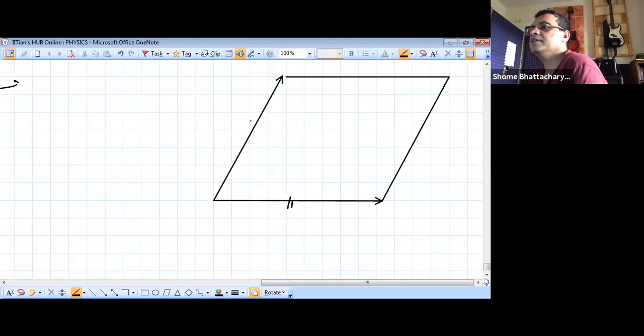So if this side has the same magnitude as this side, let's say small a or capital A or whatever,